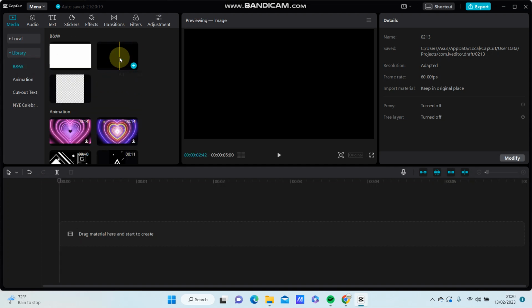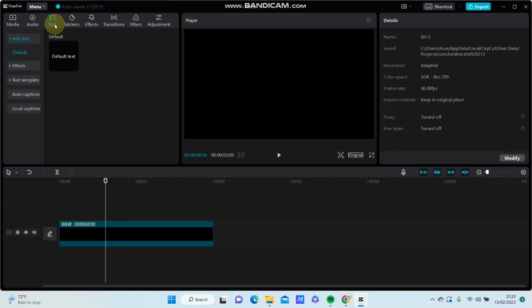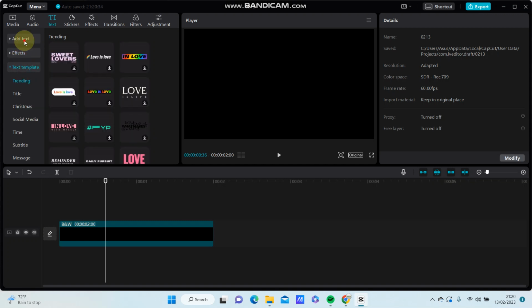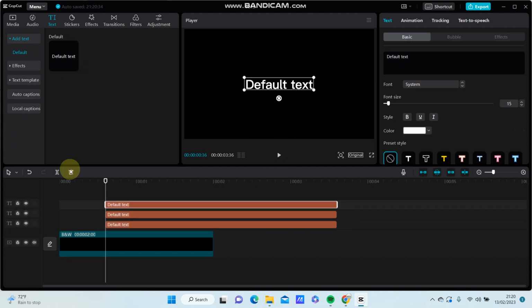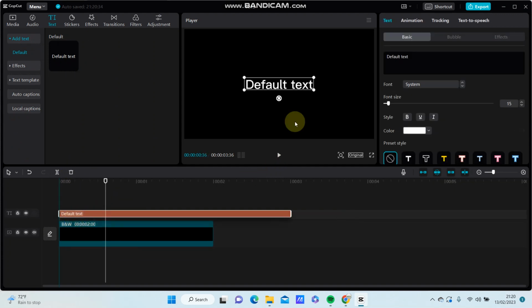First, I'm just going to add the blank screen to the track, and I'm just going to add the text. Select the bold text, or you can add the text effect or text template here, but I want to add the bold text. So just going to change the text, for example,